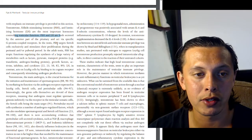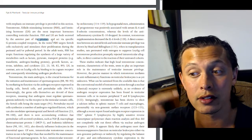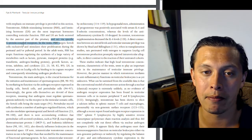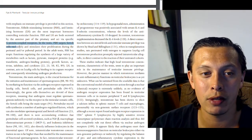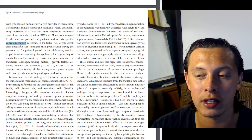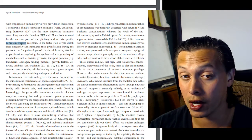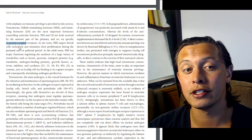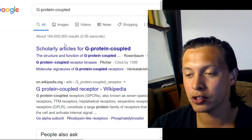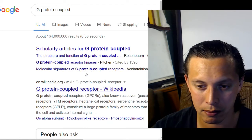FSH and LH are both secreted by the anterior part of the pituitary, so that is in your brain, and act through specific G protein coupled receptors. So, G protein coupled receptors, just know that these are receptors on your cells, and there are a lot of them. Actually, what I'll do is I'll just look up the Wikipedia page. I believe they have to do with guanidine cyclase, but